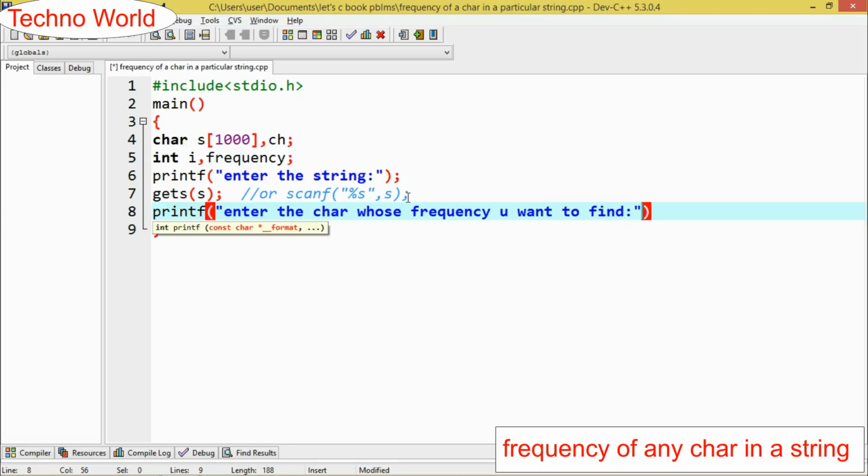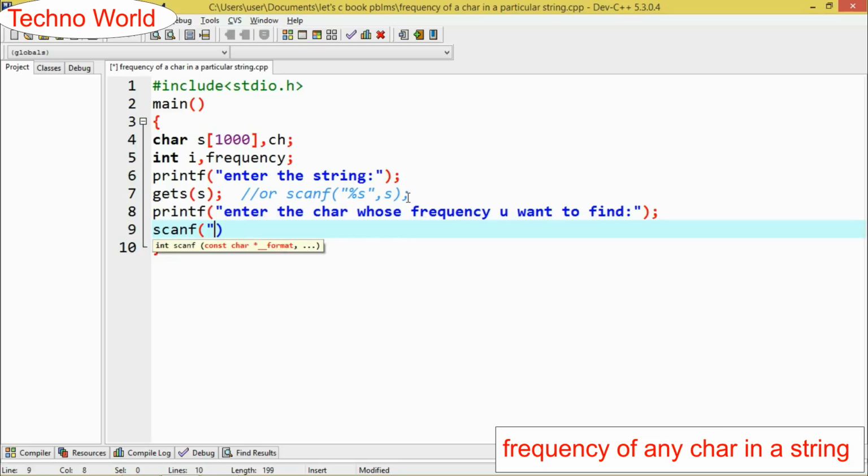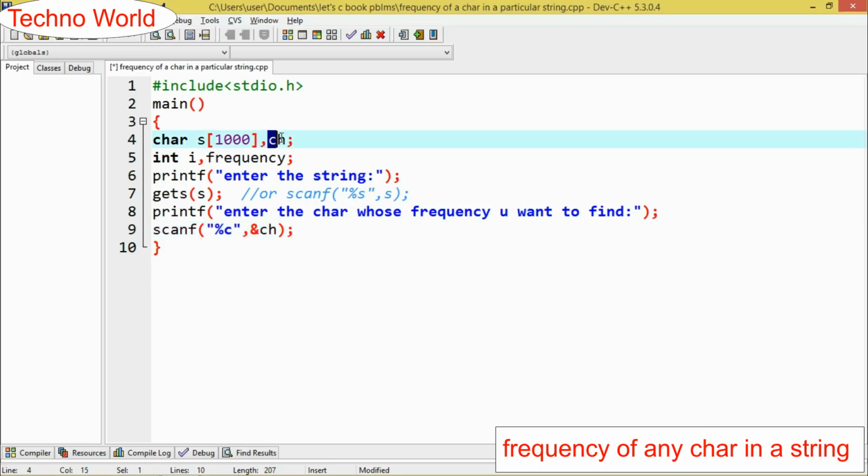Now again scanf, I want to take this value. As I have entered a character, so %c, and then & stands for the address of ch. We have already used the declared variable ch and the declared variable s[1000], s.